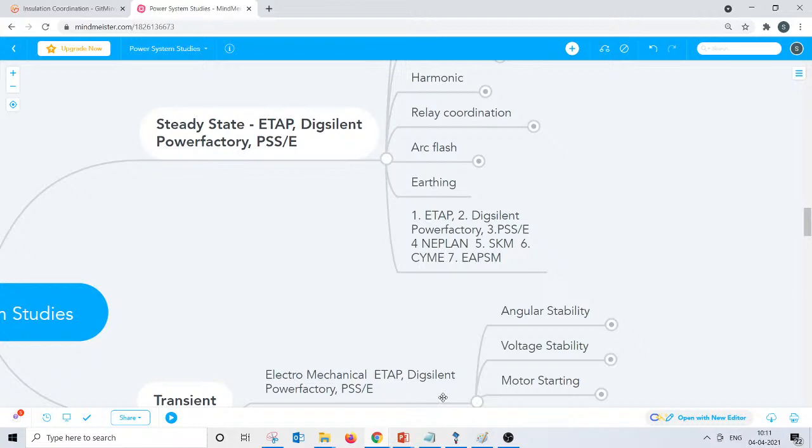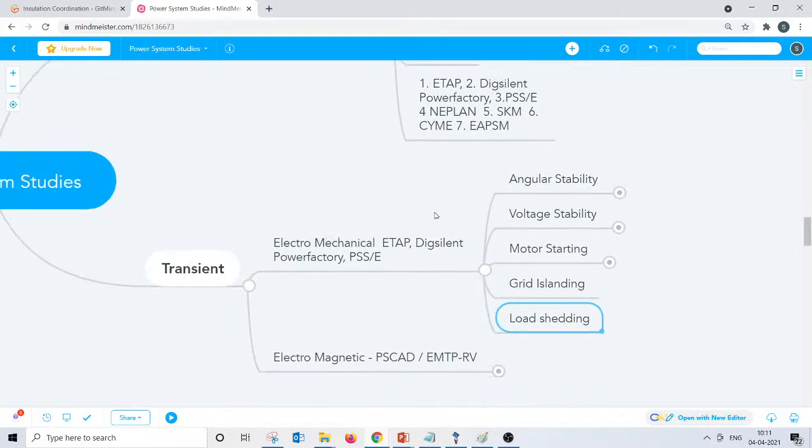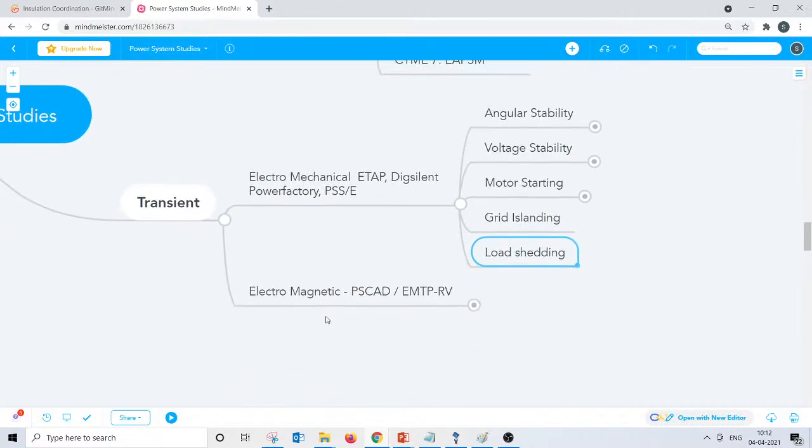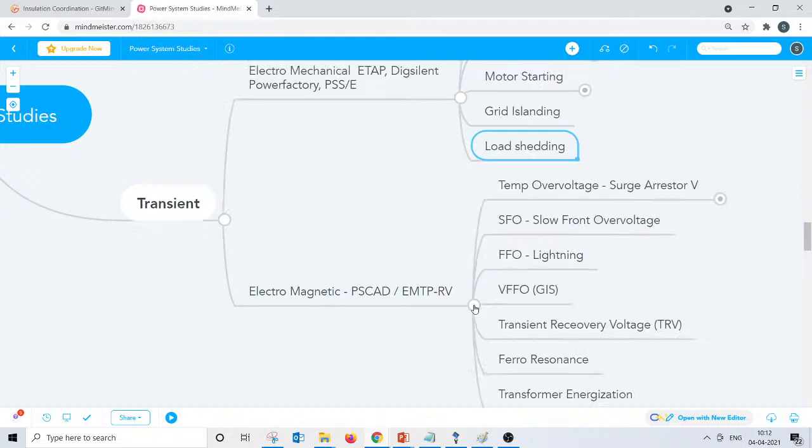There are plenty of software, right? So this software is used for both steady state as well as electromechanical transients. But when it comes to electromagnetic transients, you need to predominantly depend on only these two simulation software: one is PSCAD, the other one is EMTP-RV, right?